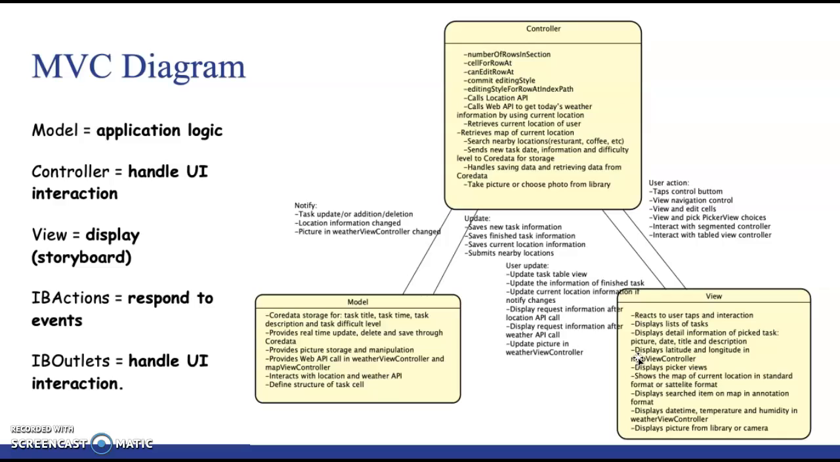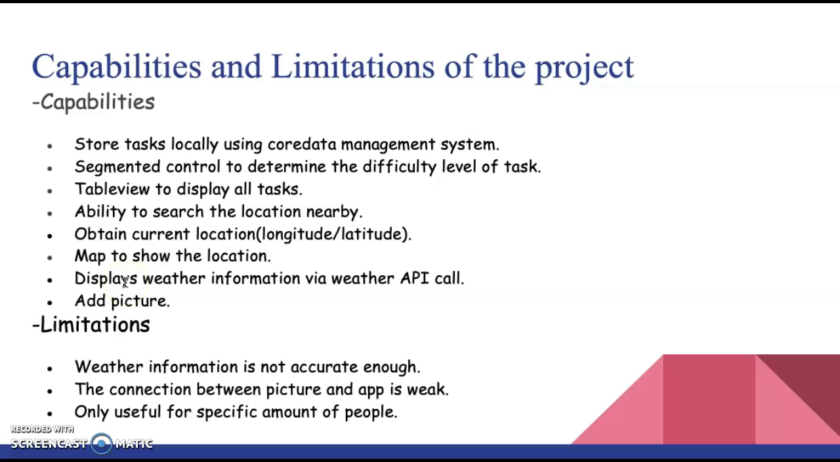Overall, this MVC diagram is to show the functionality of the project, its interaction and relationship, like user actions can tap a control button, view navigation control, view and edit cells. So it's basically a different format of the class diagram. Here, for the capabilities and limitations of the project,